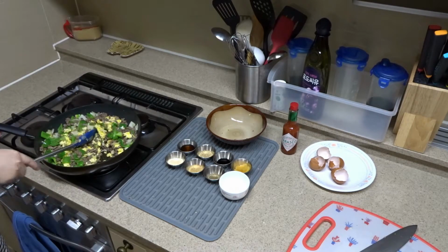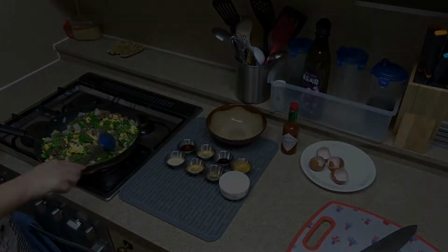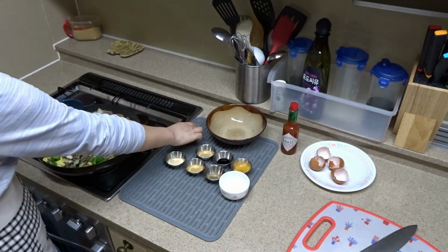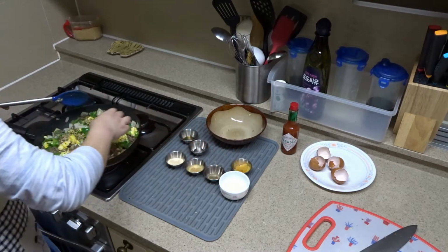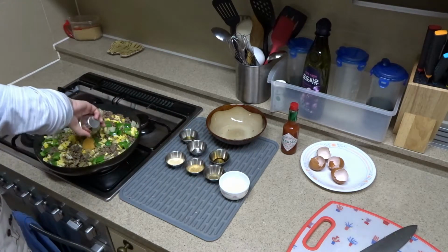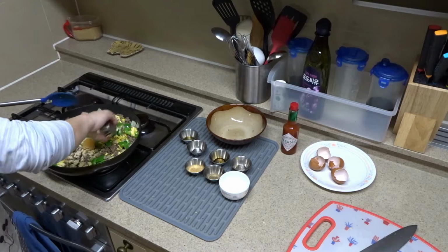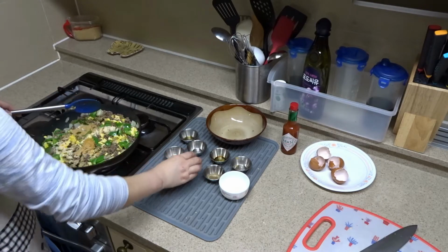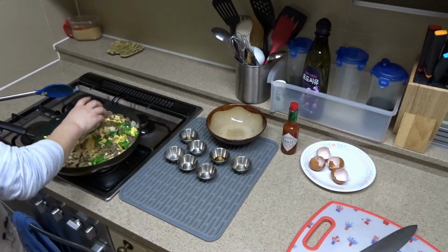Once Bonnie gets that all kind of mixed up evenly, it's time to start to add the ingredients. Okay, we're going to start with the sesame oil. And then the sesame seeds, soy sauce, minced garlic, granulated onion powder, Asian beef powder, black pepper, grated Parmesan cheese,